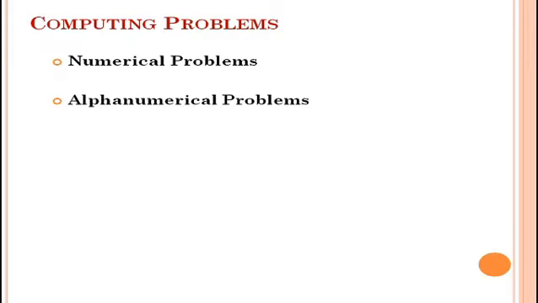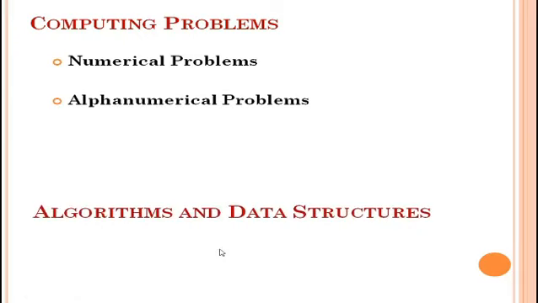Coming to the next part, that is algorithms and data structures. So some special algorithms and data structures are needed to specify the computations and communications involved in computing problems. So most numerical algorithms are deterministic using structured data. So problem formulations and development of parallel algorithms often require the interdisciplinary interactions here.